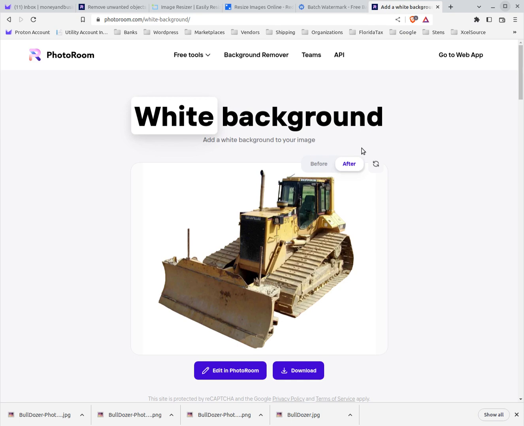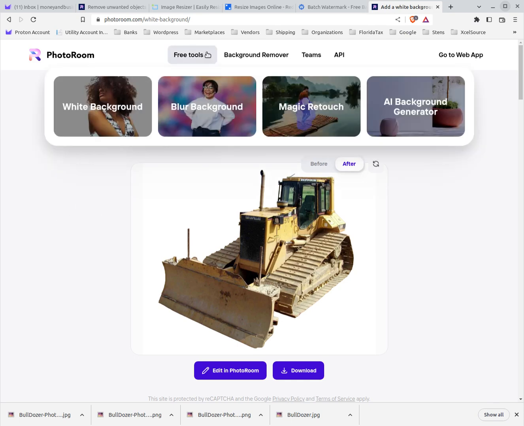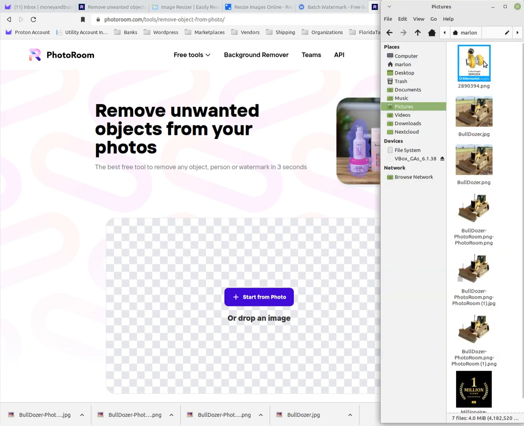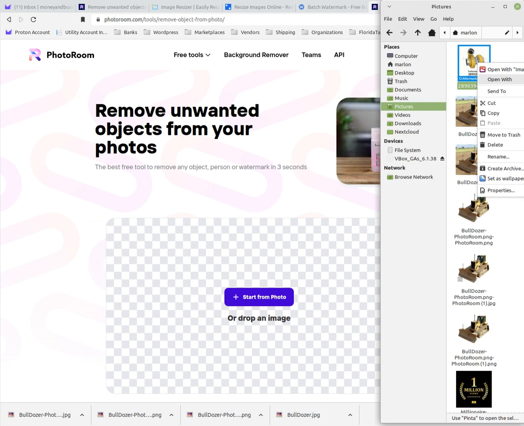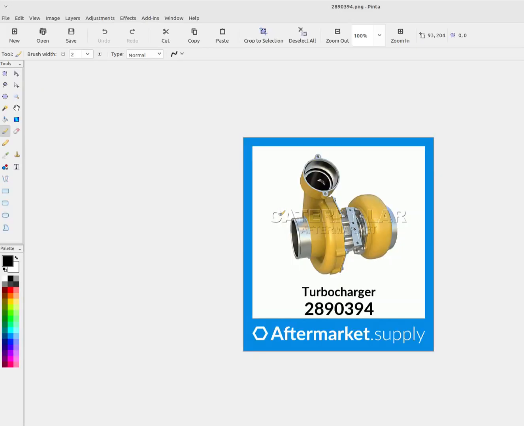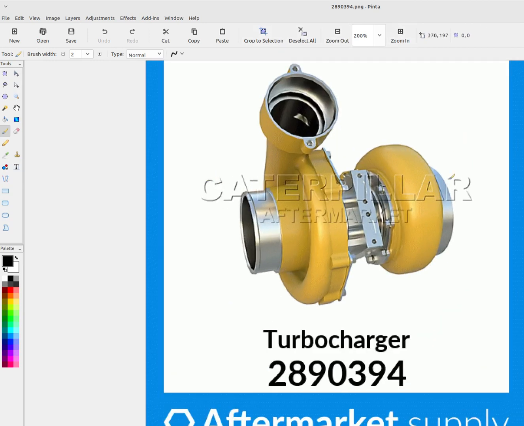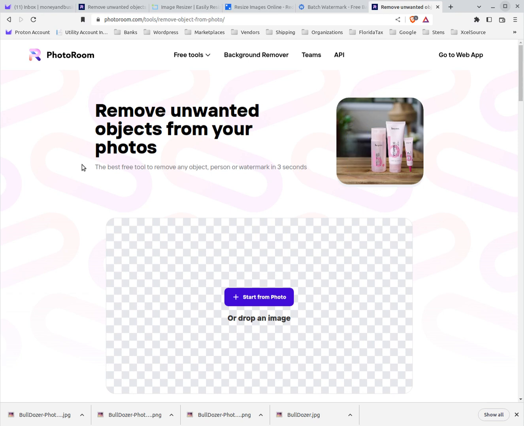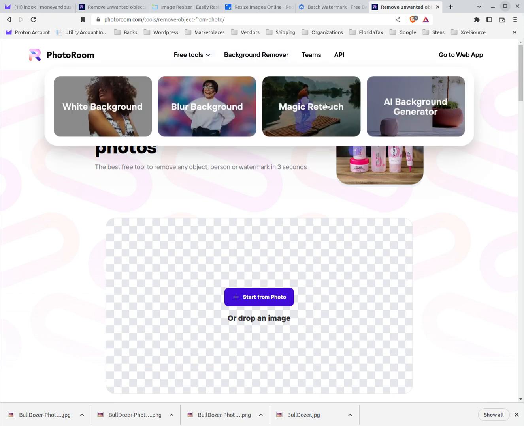Okay, let's go back to photoroom.com, and under free tools there is magic retouch, and I click on that. And the reason why I'm going to that is because let's look at this image. There it is. Now you can see that across here there are some words written across that image, and it's not easy to get rid of those words. So what you do is shut that off and go here to the magic retouch,